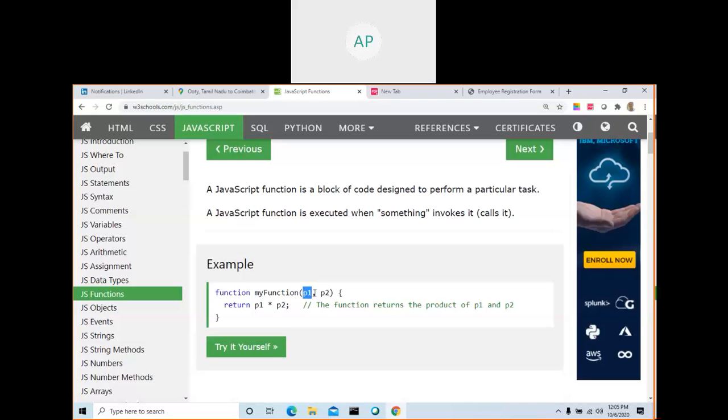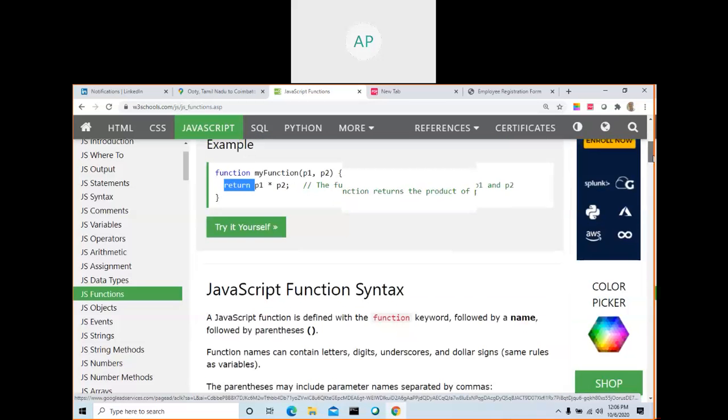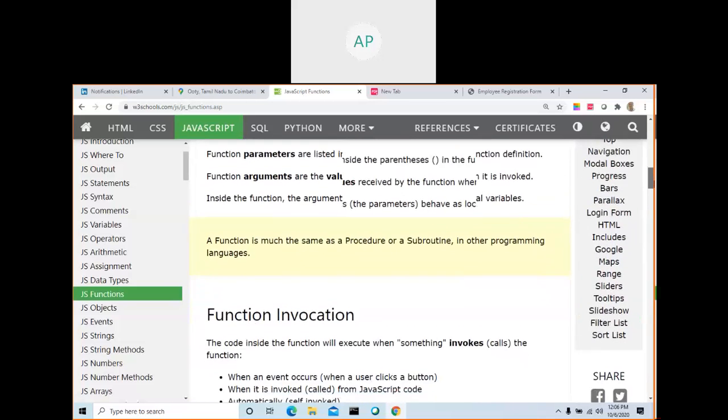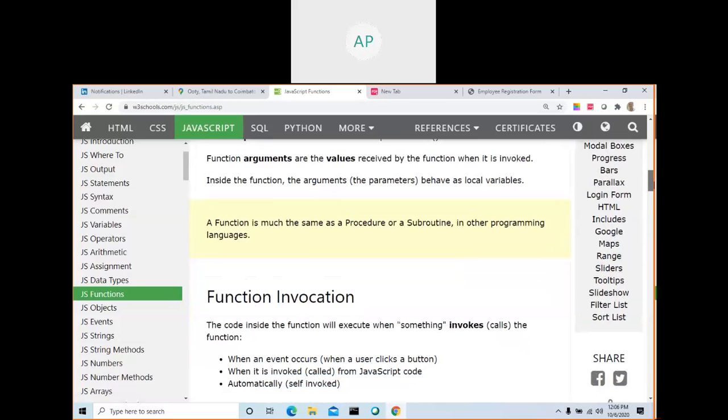Then the parameter, with parameter or without parameter, you can write. If it is written, then it will return; otherwise, no need to return. This is the actual function syntax. If you don't need a parameter, no need to write one here. You are going to write all your code inside the function.